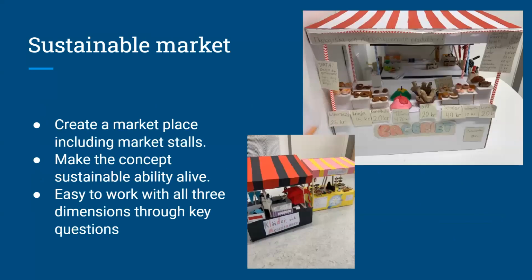Sustainable market. All Storylines are following a certain pattern, and so is this. It includes time, place, and environment, but each Storyline is its own, which means that they develop differently. The 3 of us have all been working with the sustainable marketplace in different classes and different years. And we will now give you examples from different sustainable marketplaces we have been working with for the last few